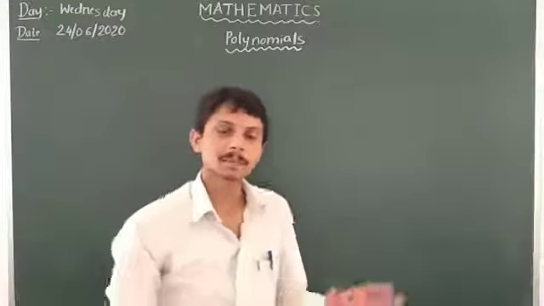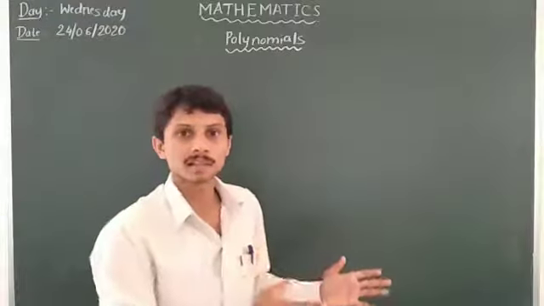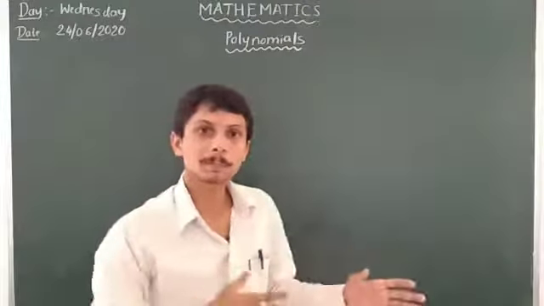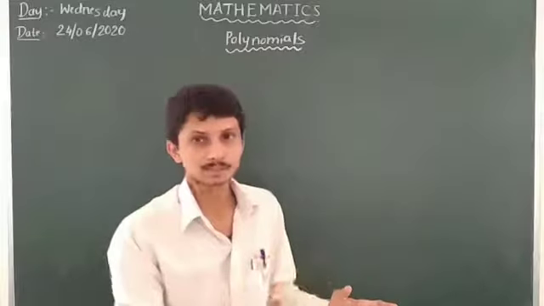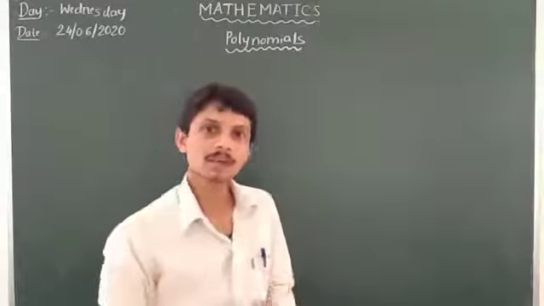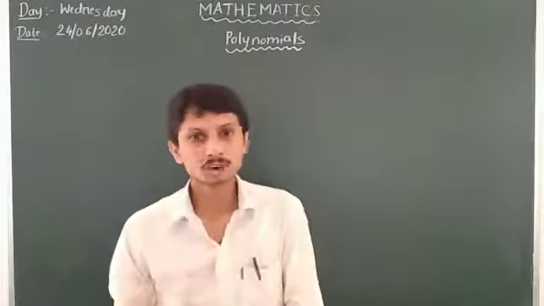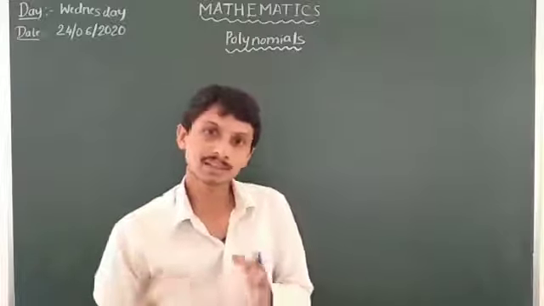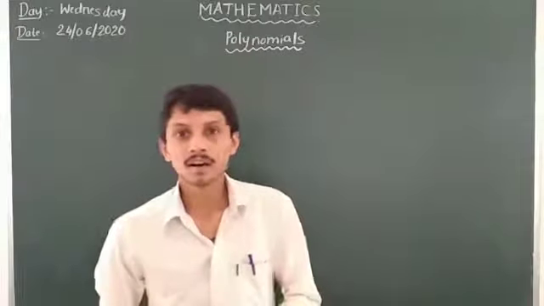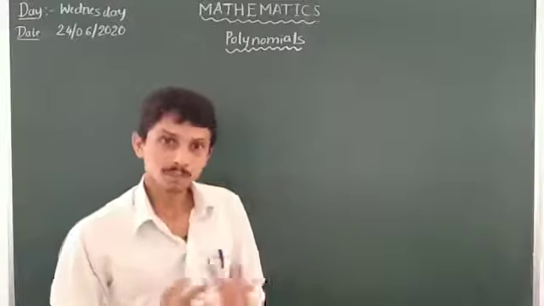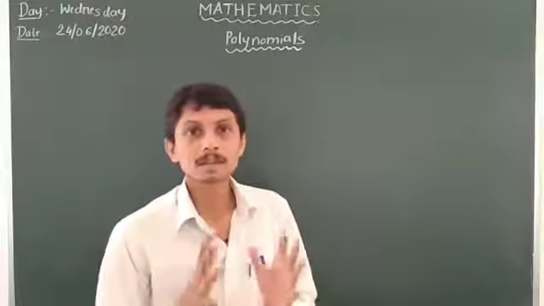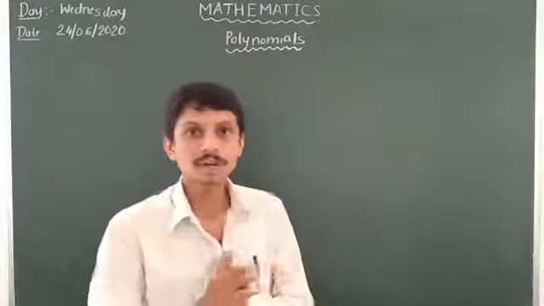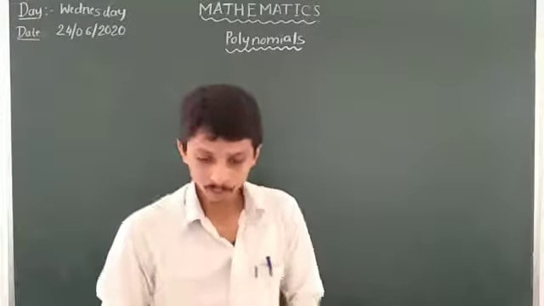So there are three parts in mathematics: one is arithmetic, another is algebra, and another is geometry. In arithmetic we keep on using numbers and number systems, and in algebra we keep on taking variables and constants and some other identities. In geometry we are taking lines and angles, figures, triangles, circles, all that. So polynomials is part of algebra, where we keep on using constants and variables. We already learned that.